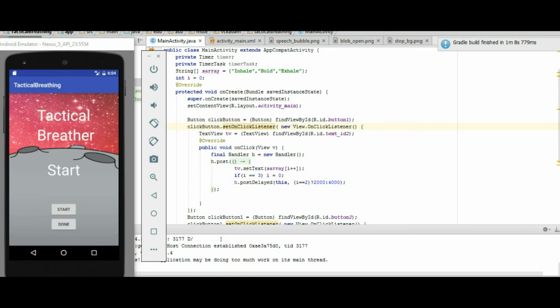Using all this knowledge, I have also created a working prototype for one of the additional features called tactical breather. So whenever the user clicks on the start button, the tactical breather will start. It will indicate to inhale, then after 4 seconds it will tell the user to hold, and then it will tell the user to exhale. And this process will continue